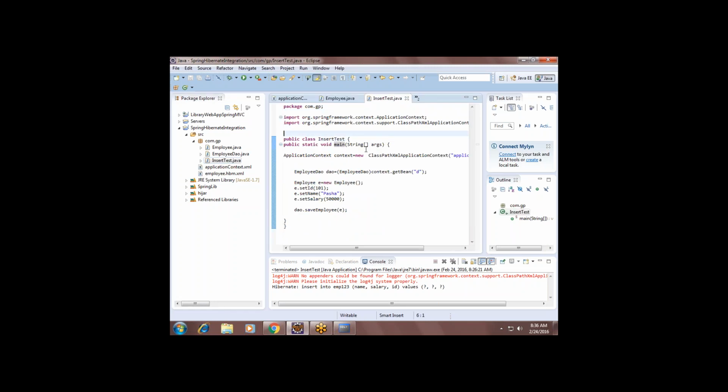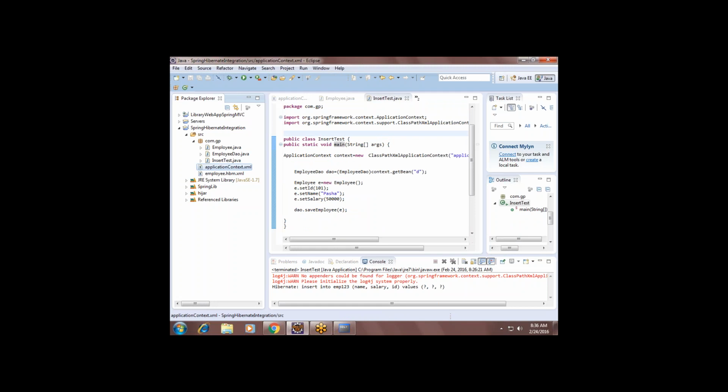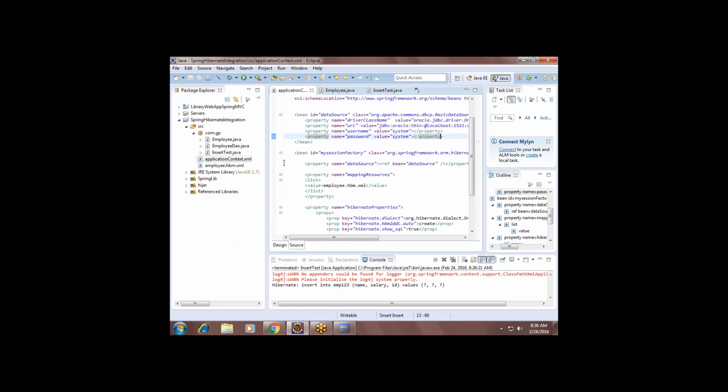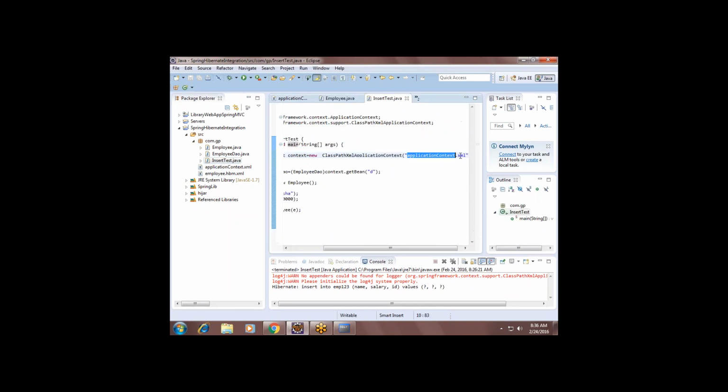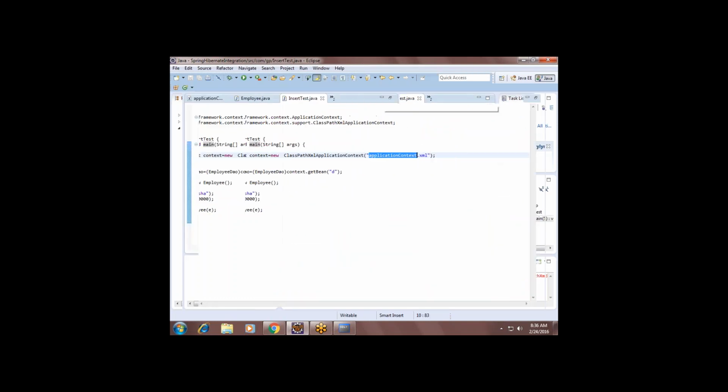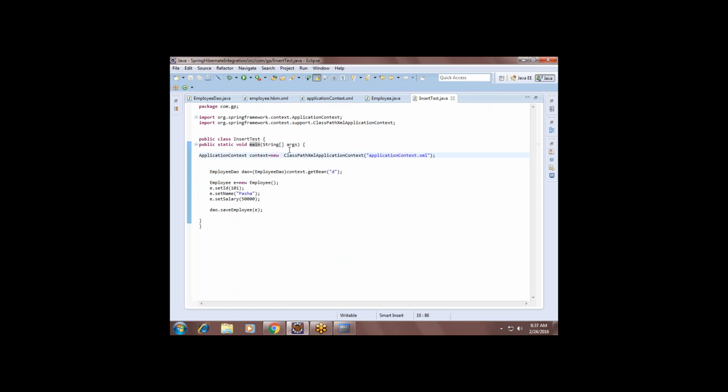So this is Spring and Hibernate integration, guys. One thing you have to keep in mind, that we have to create only one XML file. That file name, you can give anything, but make sure that you specify the file name in the client page, right? And the client is calling the DAO method by preparing whatever object you require. The client is calling the object and calling the DAO method save.